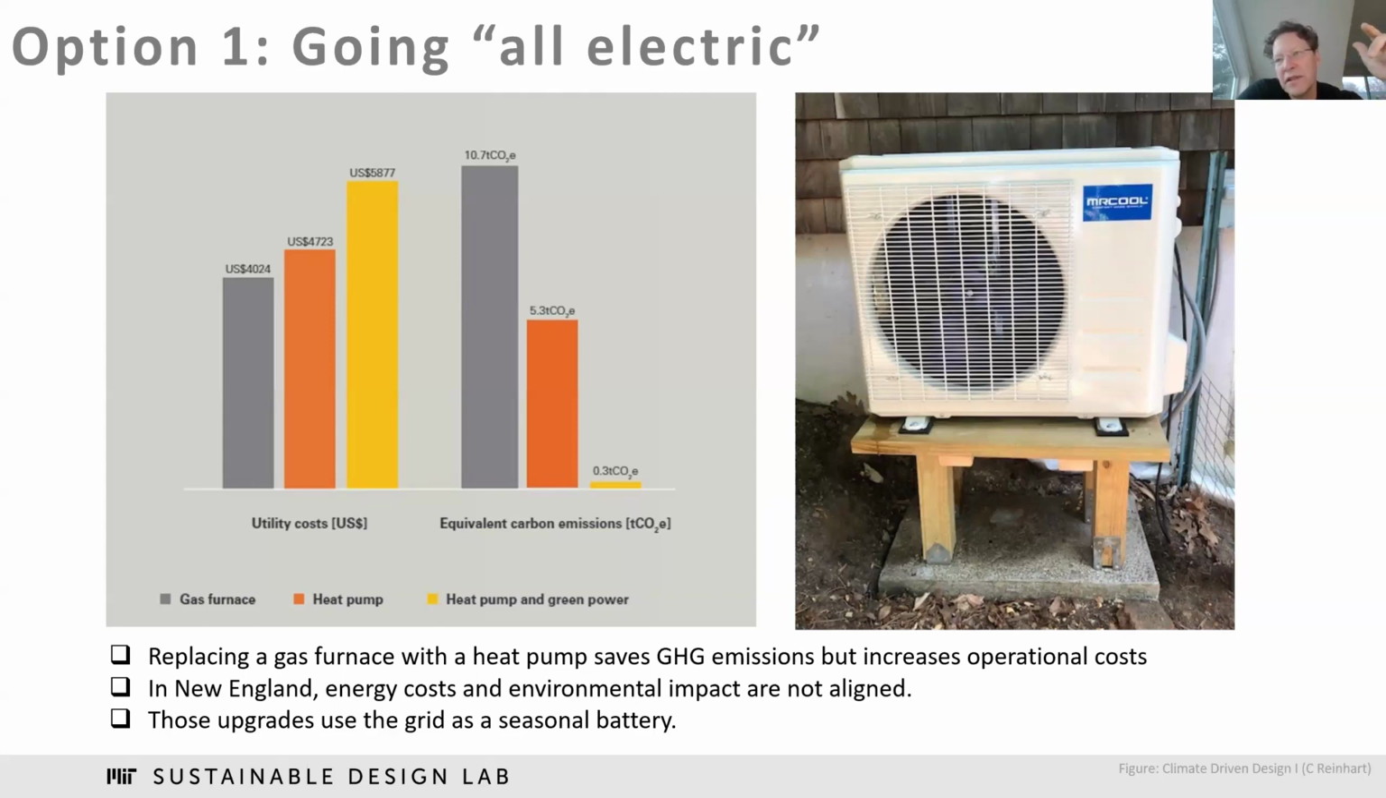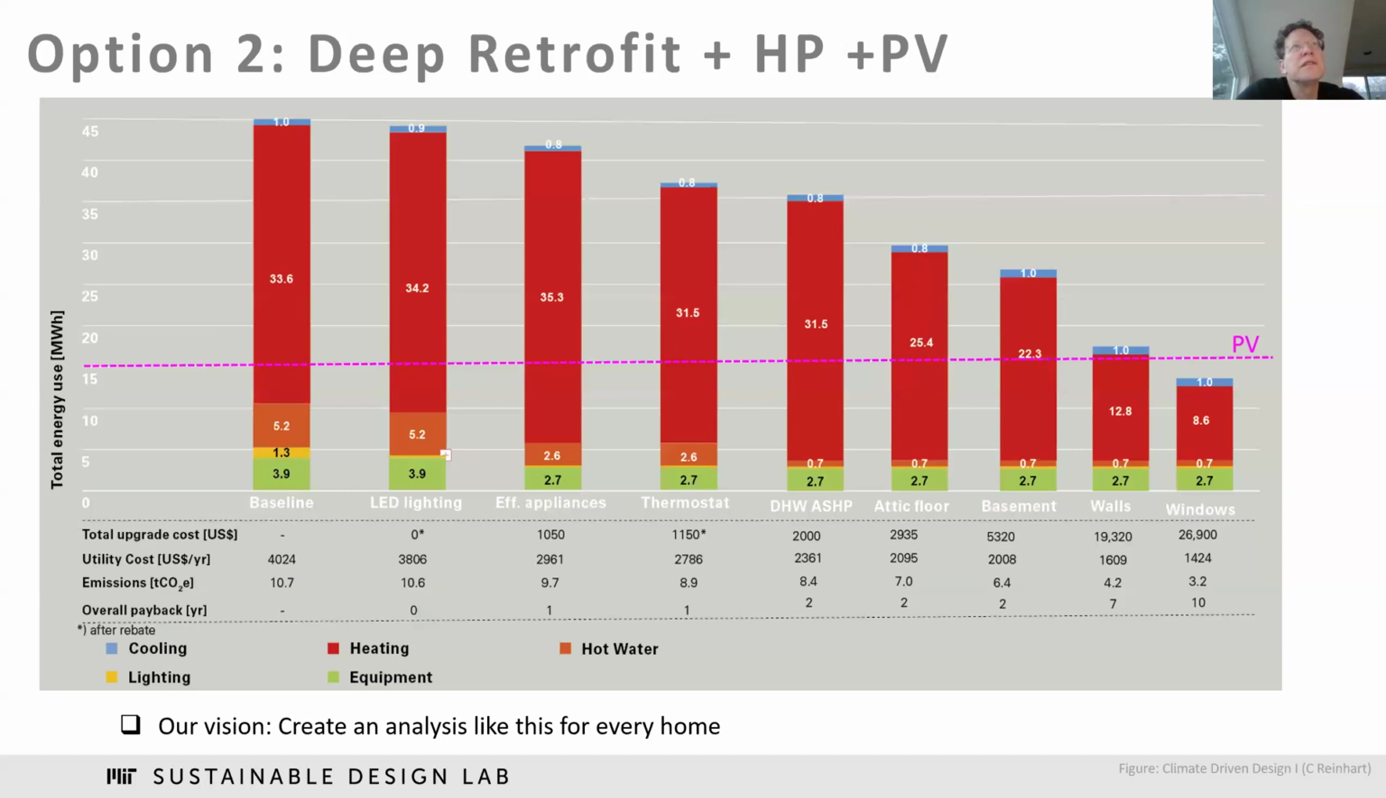The problem is, of course, that the grid couldn't sustain that if every building would be relying seasonally on having photovoltaics on the rooftop in the summer. Where would the electricity in the winter come from? So really what we want to do is this kind of